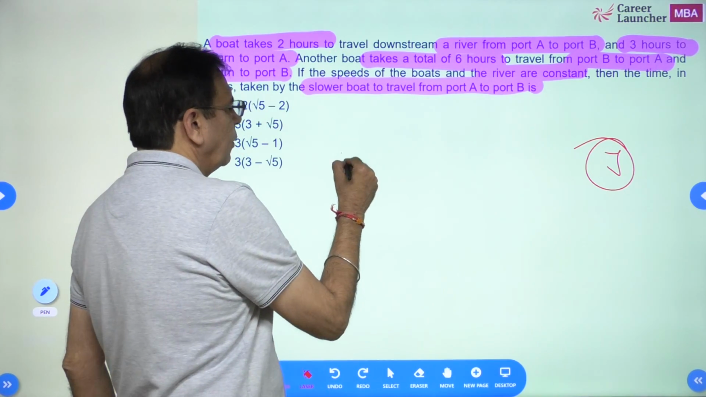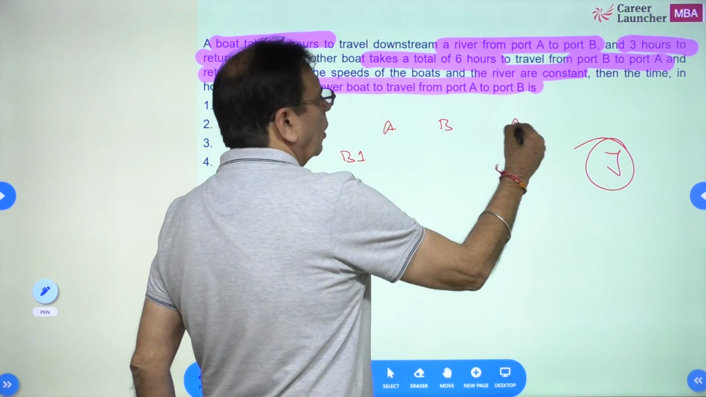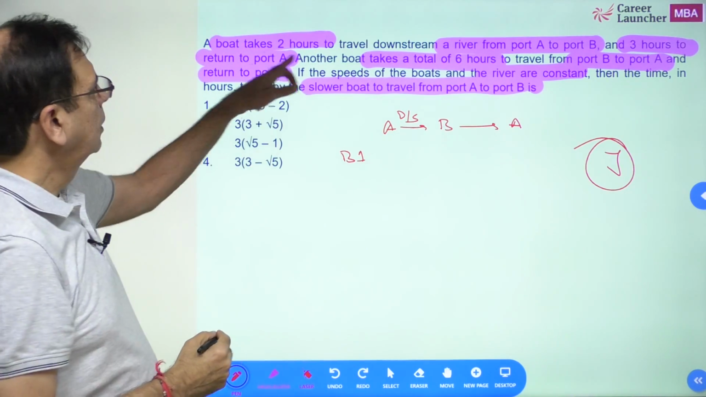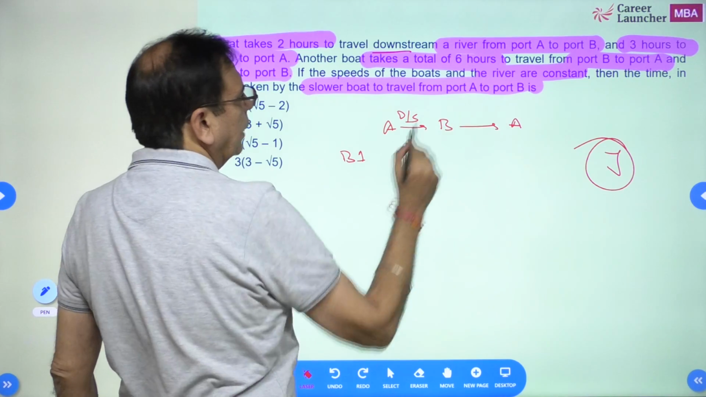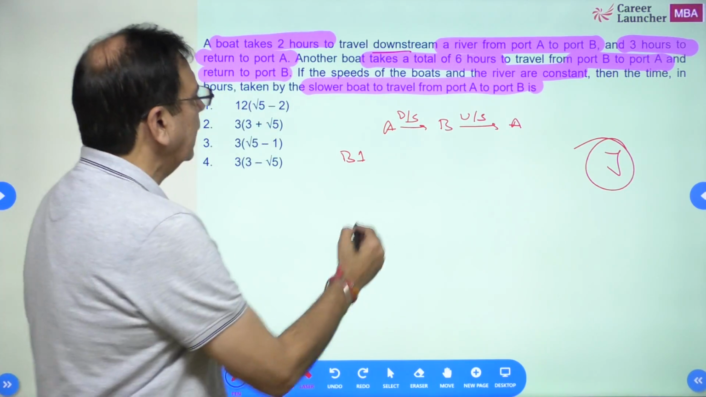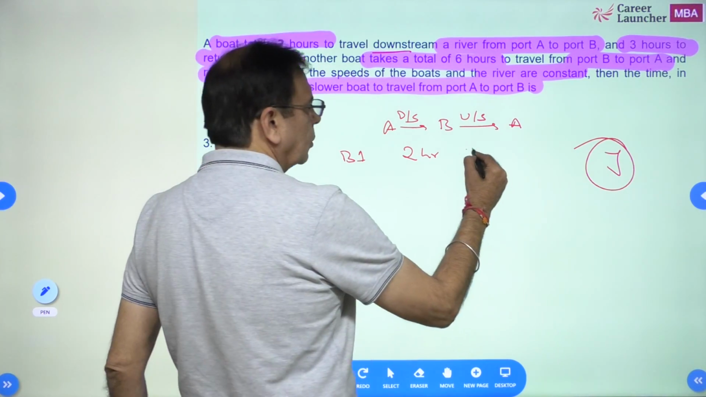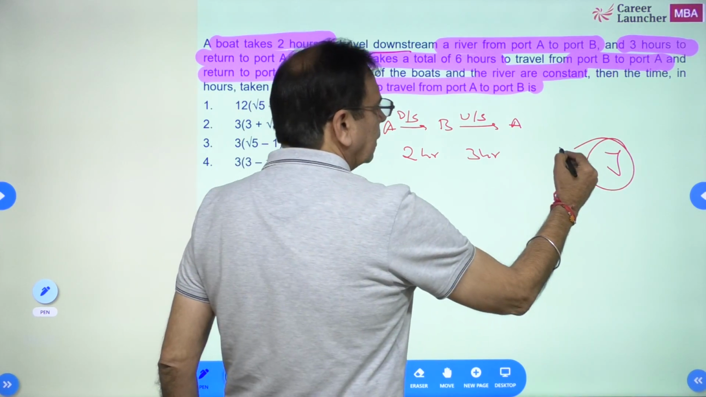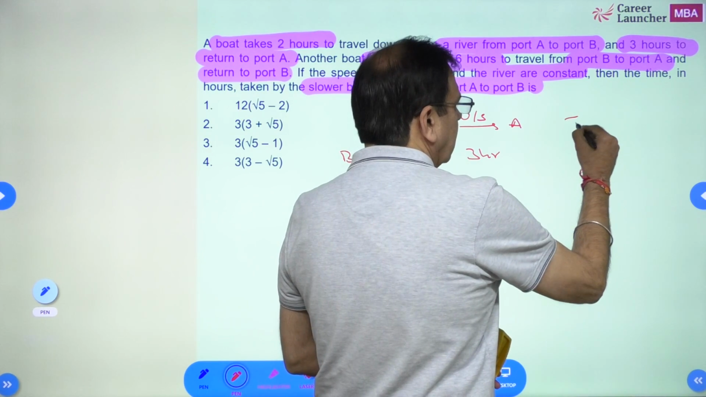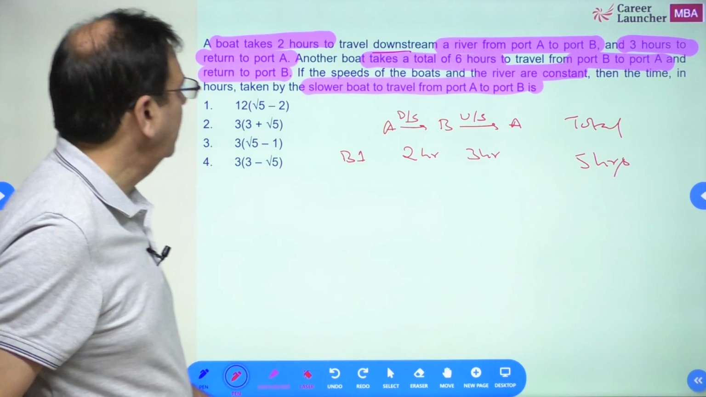Okay? So we have the first boat, A to B to A. This is what is happening. A to B is downstream. To travel downstream from A to B, that means B to A should be upstream. What does boat A do? It takes 2 hours from A to B, and 3 hours to return. So इसके लिए 3 घंटे लेता है. Total time कितना हो गया? The total time it has taken is 5 hours. Okay. Now,